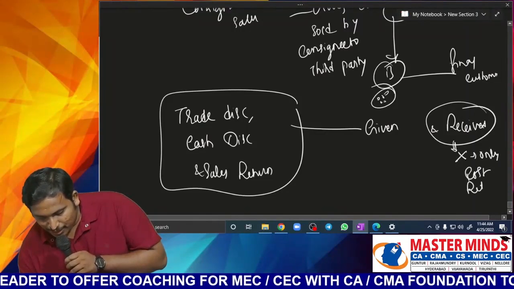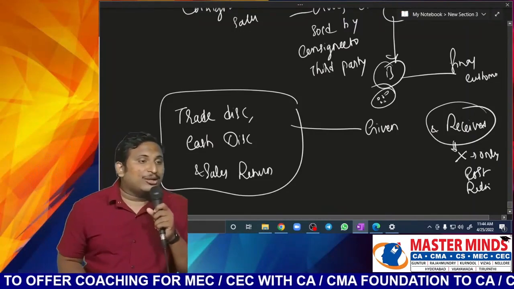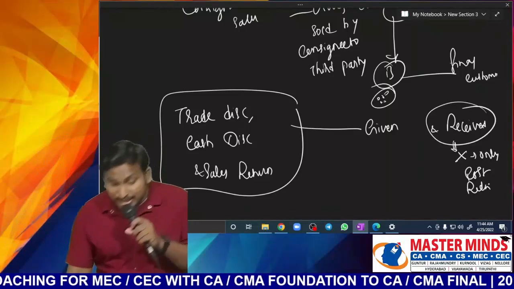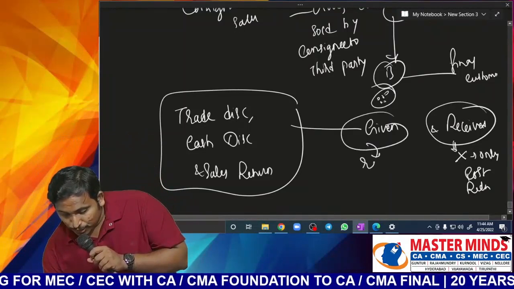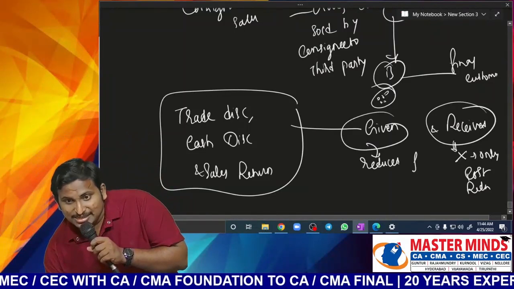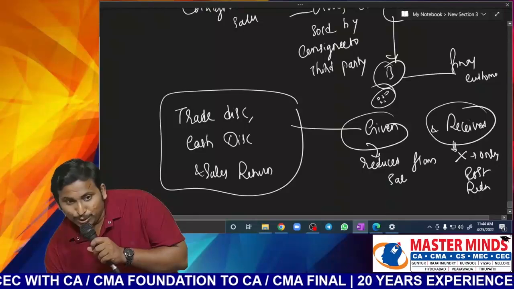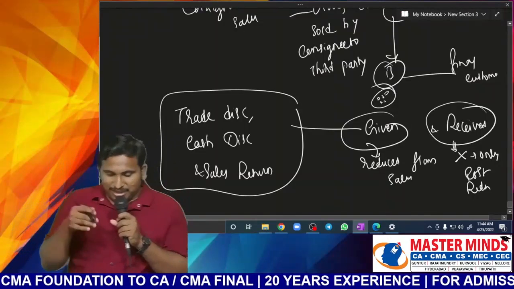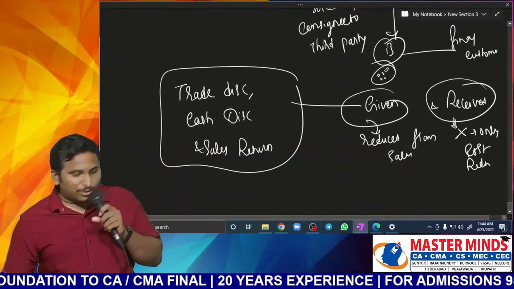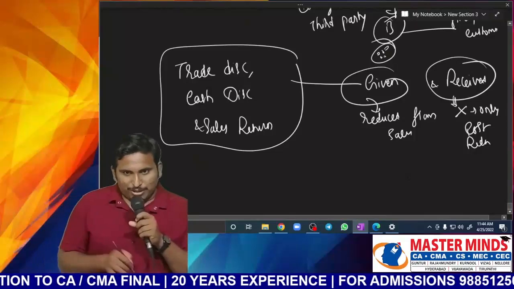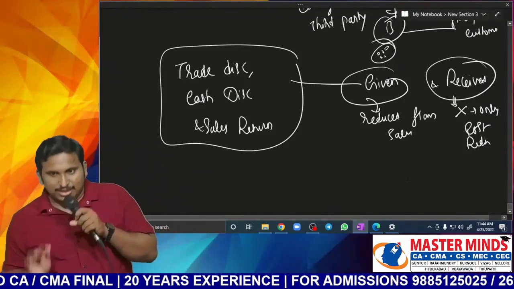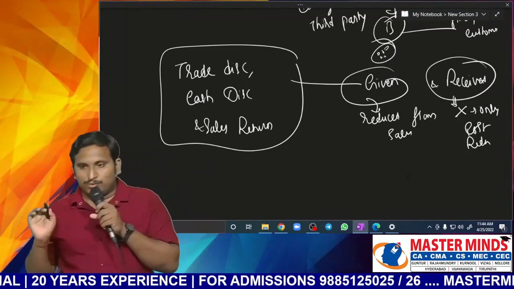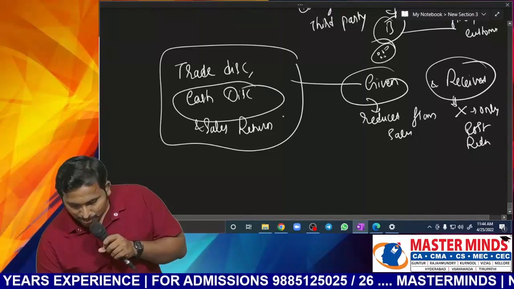Suppose trade discount is given. Will it affect your sale value? Yes, sir. Trade discount given is to be reduced from sales, because that amount only you are going to write in the trading account. Sir, in trading, what will you write? The sales value after reducing trade discount, that only you will record. So from the sales value, the trade discount will be reduced, and that only we will show.